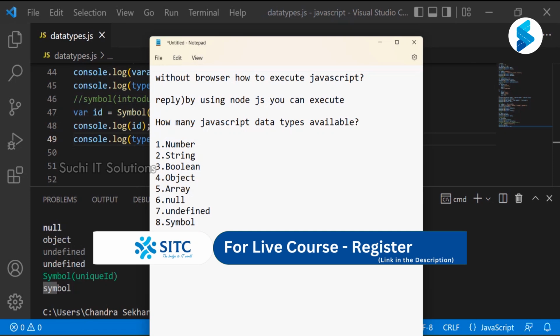Once you understand this, we move to JavaScript operators. What operators are available? We need to discuss that. Before going to that one,